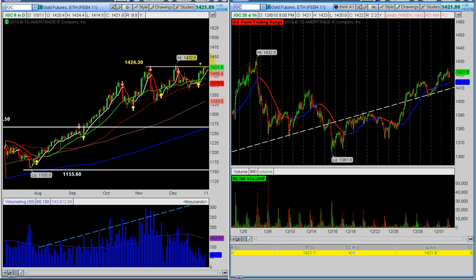Only if we get some strong supply selling around this previous high of 1424 week. If we break above and make a higher high than 1432, the trend will stay strong and we'll look to keep buying on dips. So we have to see a higher high here. Everything looks good. Even on the 1 hour time frame, we're still above the 50. So we're not getting bearish here, but if you're long gold futures right now, have a nice tight stop. And if we do get a move over this 1432, there's a good chance we can move to 1450,